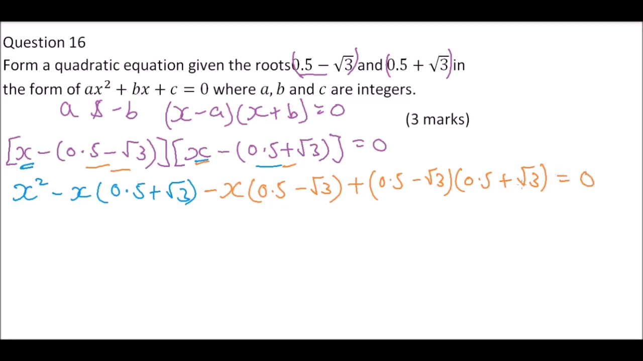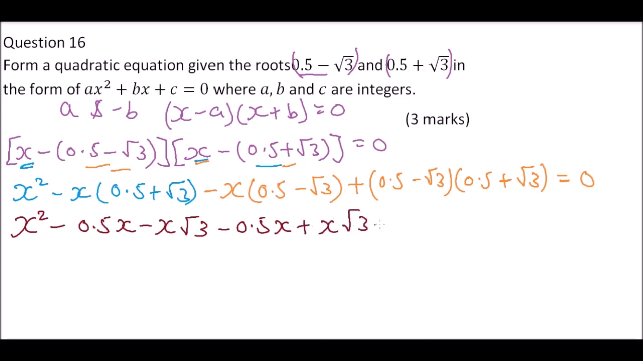Now what remains is to expand this. So here we have our x squared. You open the bracket here, you get 0.5x. You open the bracket here, it will be minus x root 3. We are through with that. Then we say minus 0.5x. This will be positive plus x root 3. Then we have